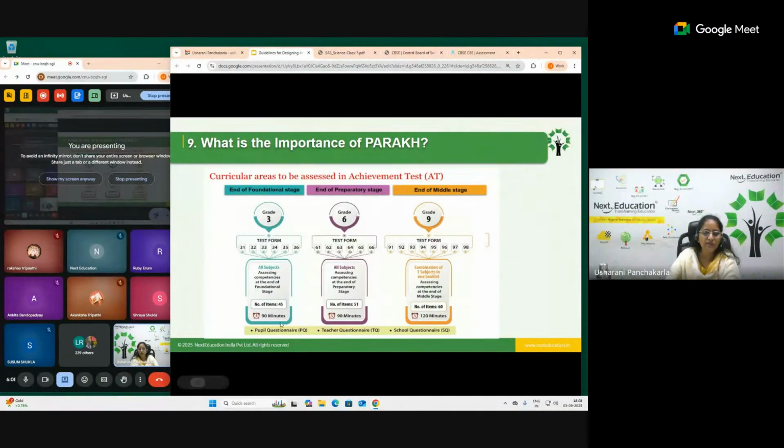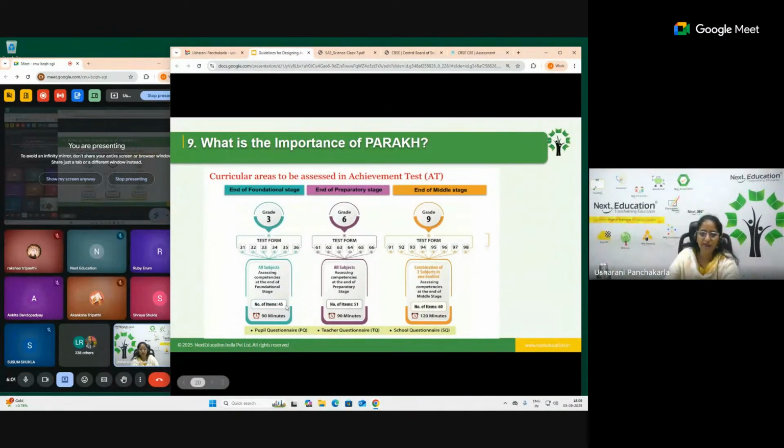So here mainly we are testing only on math and language. Here we are testing on math, language, that is English, plus we are testing upon environmental science. Right now we are calling them TWAU, that is the world around us, but not like environmental science. And here you can see even social has been included along with science plus math plus English. But they can consider any three subjects.